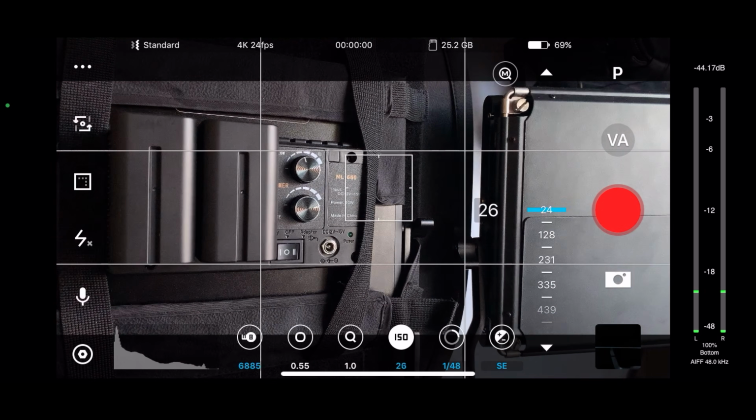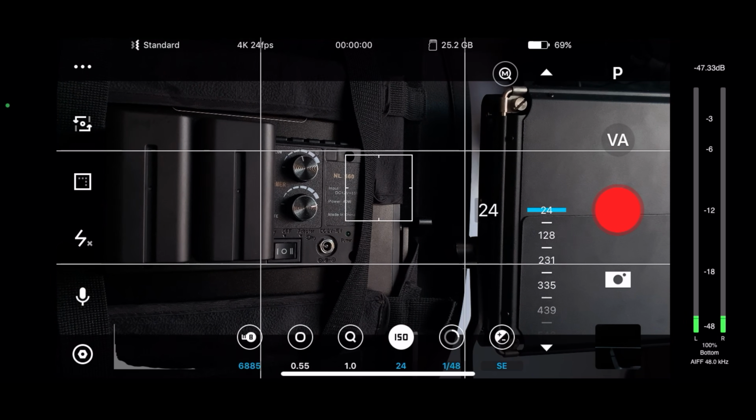Next, because I've established where my camera will start and finish, I can simply run through my shot and choose my ISO based on what looks good. It's as simple as that. So for me, I always try and keep it as low as possible.